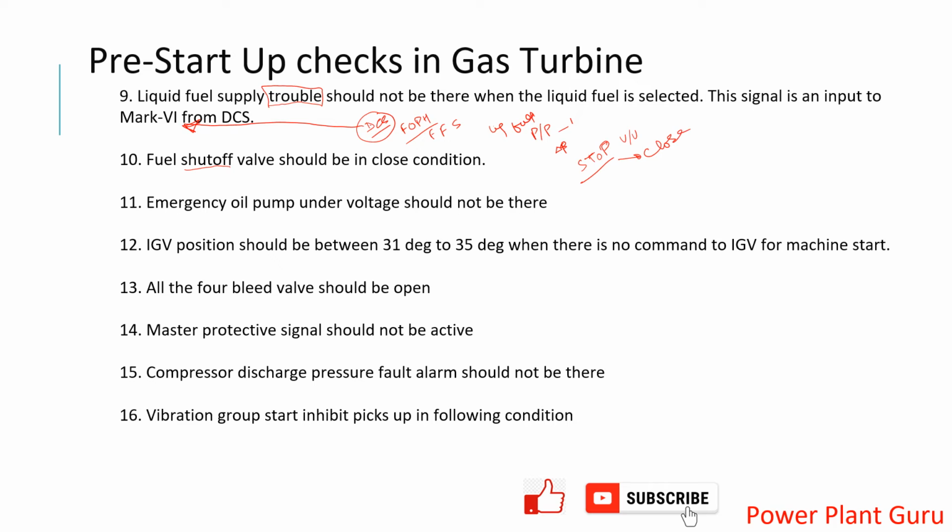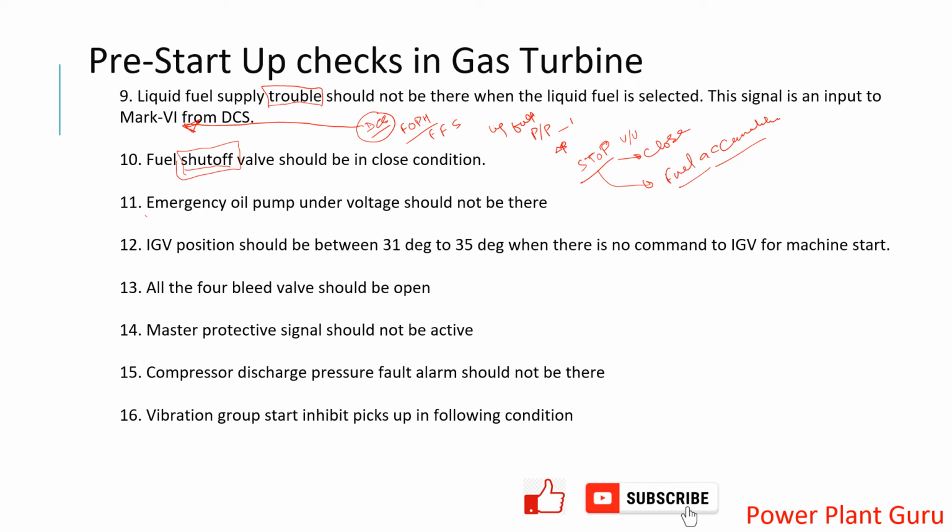So just check that, when you are starting your machine, there is no stop valve open condition which might have led to fuel accumulation inside your machine before startup. That is a check to reduce the unsafe condition which may happen in the startup